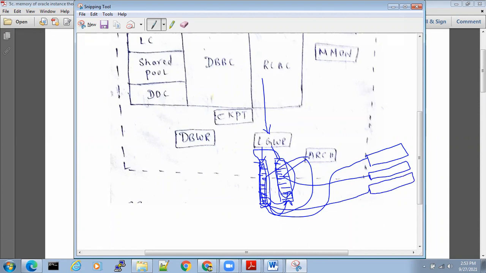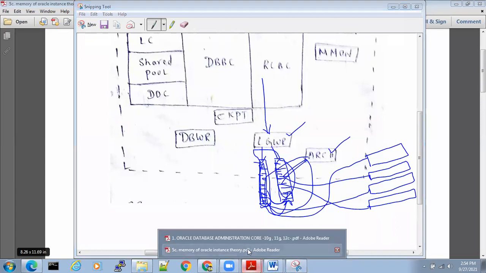In the same way, when this is completely full, it will switch and archive will take the data and write into archive number 4. Everyone understood the background processor of log writer and archiver? Yes, sir. Yes. Good. Next